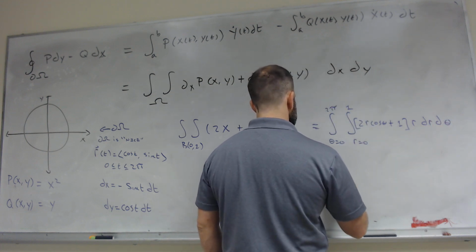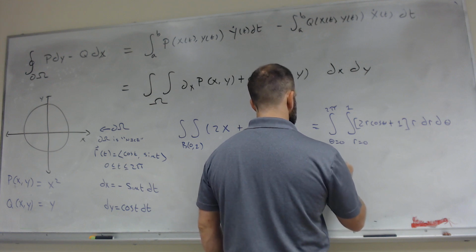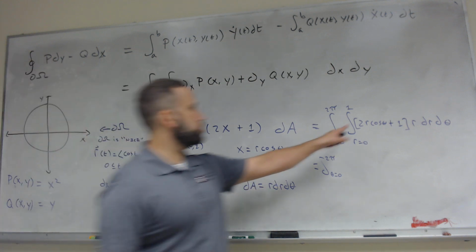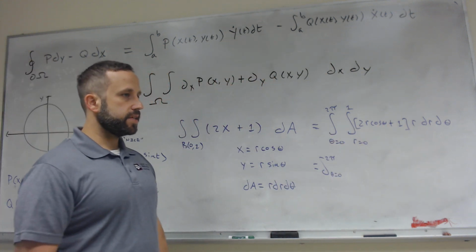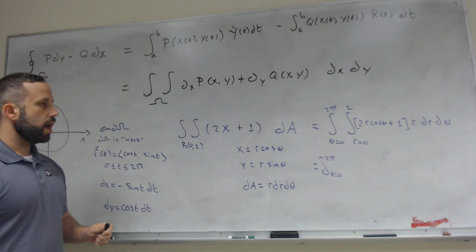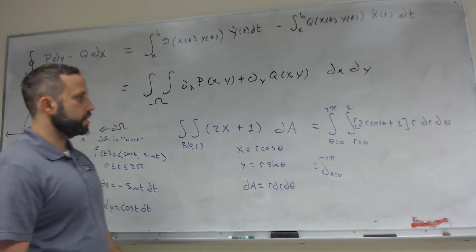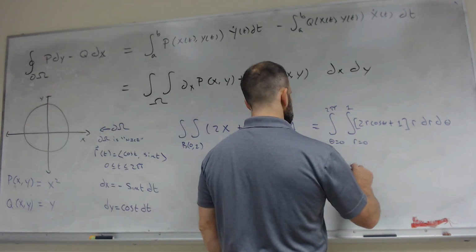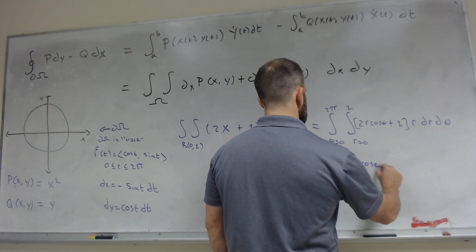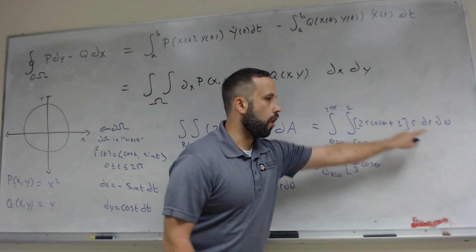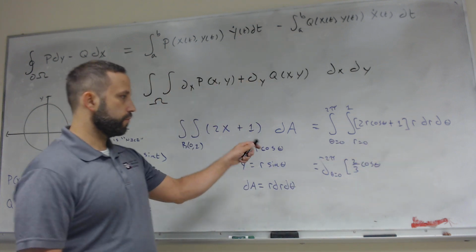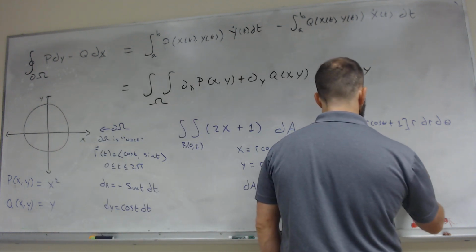So this is an iterated integral. I'm going to have theta equals 0 to 2 pi. I'm going to do the inner integral first. So I've got 2r squared. When I take the antiderivative, I'm going to get 2/3 r cubed, going from r equals 0 to 1. So this is just going to be 2/3 cosine theta. And then for the r integral, the antiderivative of r is r squared over 2, going from 0 to 1. So that's just going to be 1/2